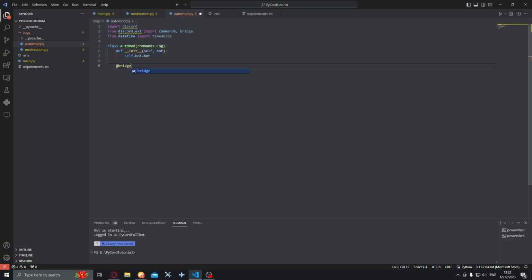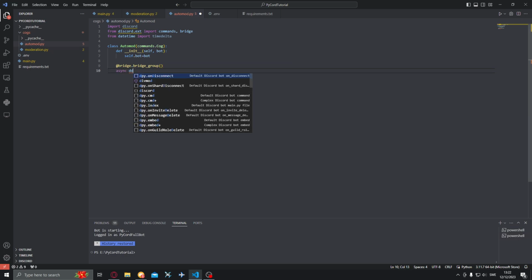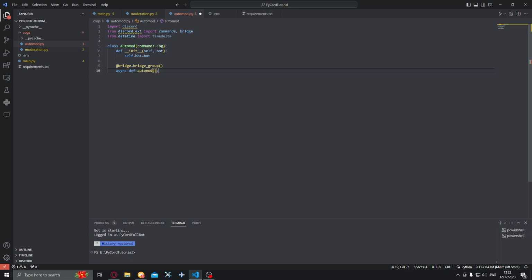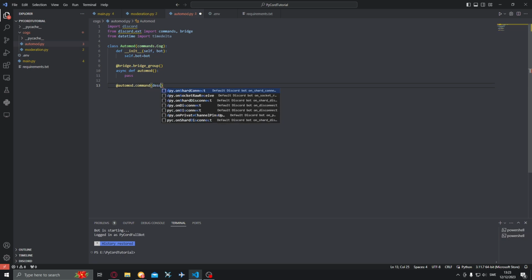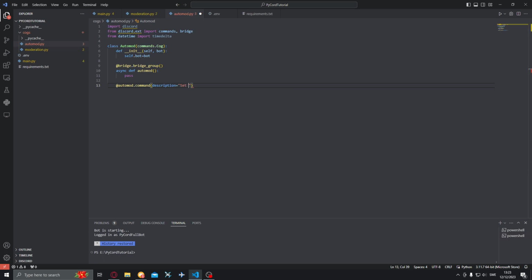So we're going to create a new bridge.bridge_group, and this will be called automod, like that. We're just going to do pass in here. Down here, we want to create a new command below that bridge group. This will be automod.command, and this command will have the description "Set up the automod system",